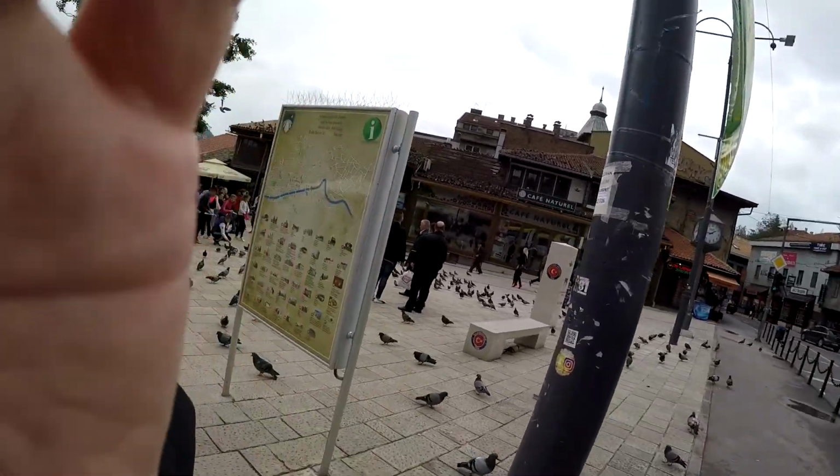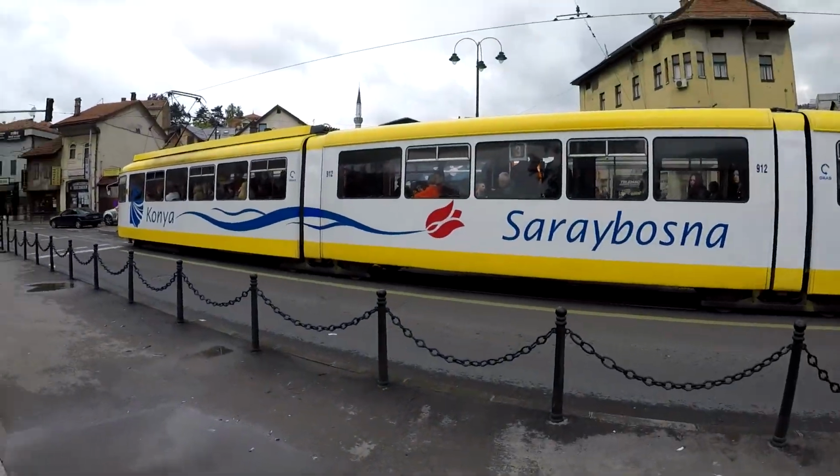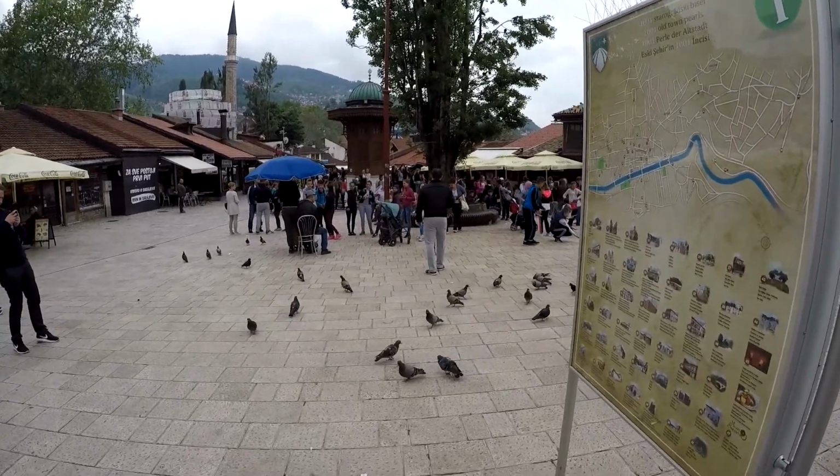And we've made it to the old town, the Bascarsija. I'm not sure if I'm pronouncing that correct, so I just call it the old town. But yeah, took a little taxi over. Figure it was easier because trams are really crowded, as you can tell. So figured it'd be easier, and it was only between 5 and 6 Bosnian mark, which is probably about $3